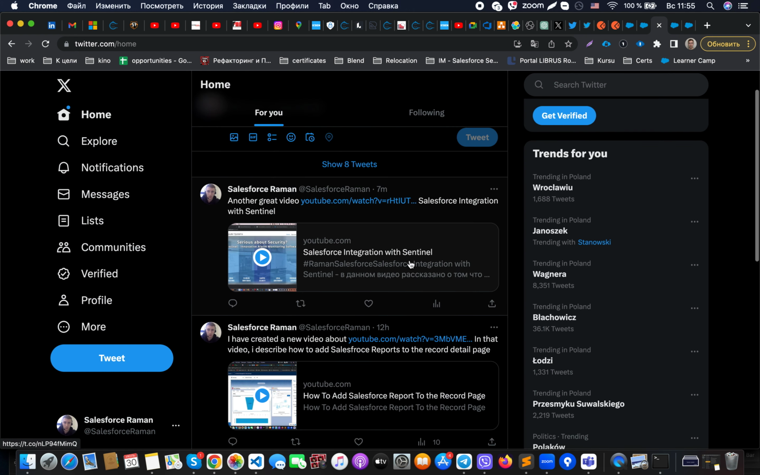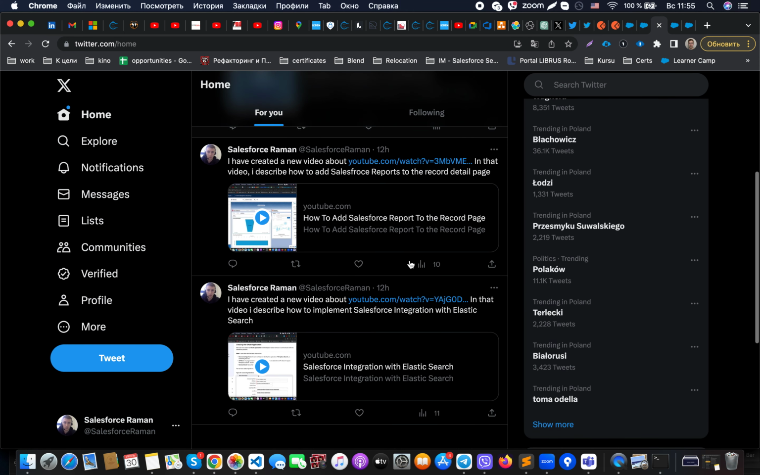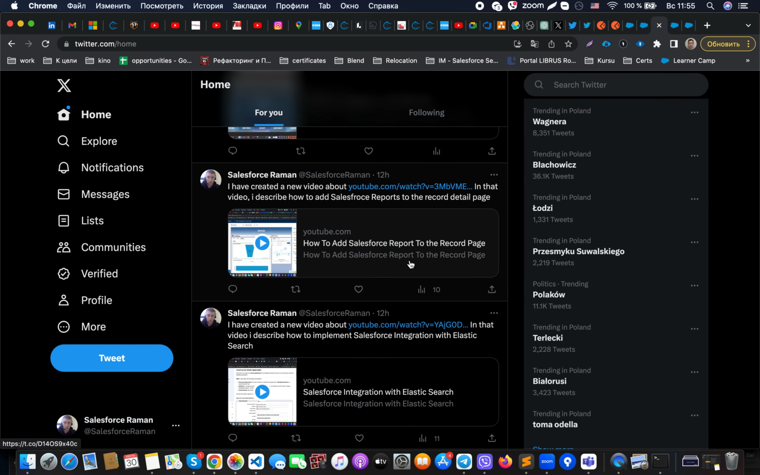But at this moment, you can see we did the basic implementation which is required for us to do such an integration. And at this moment,